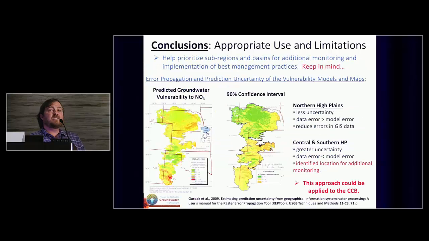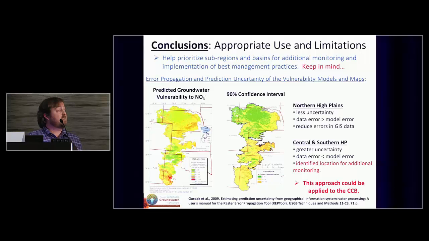I mentioned uncertainty at the beginning of the talk. I didn't do it here in this California study, but I've looked at error propagation and prediction uncertainty with these types of vulnerability models in the past. This is an example from the High Plains Aquifer I did a few years ago. Sorry, the color's really washed out, but here is a vulnerability model. The green areas are low predicted probability, red, high probability of nitrate. And using a Latin hypercube sampling approach, which is very similar to Monte Carlo, we can track error propagation and create